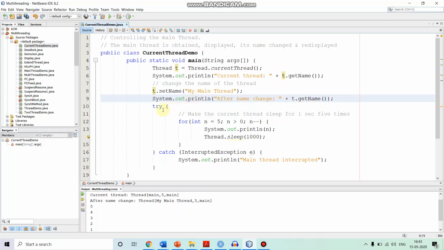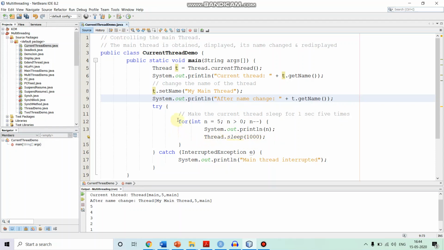Then next, we want the current thread, which is the main thread, to sleep 5 times. And every time we want it to sleep for 1 second. So for that, we are calling the sleep method on the Thread class by specifying 1000 milliseconds over here. We want the thread to sleep for 1 second.